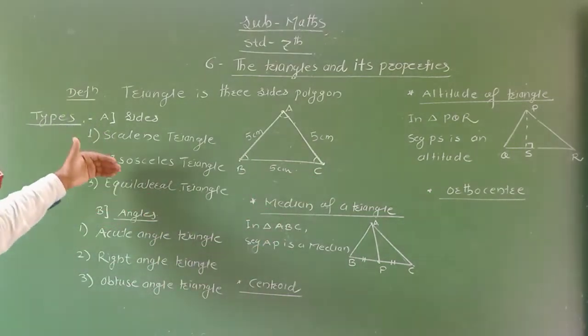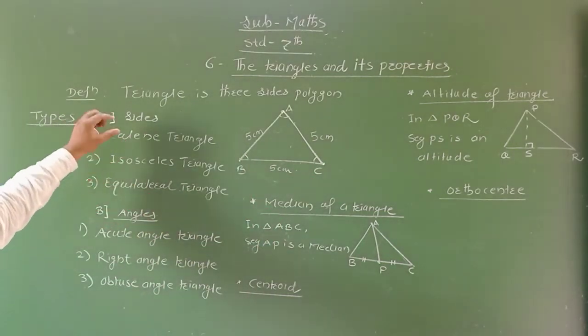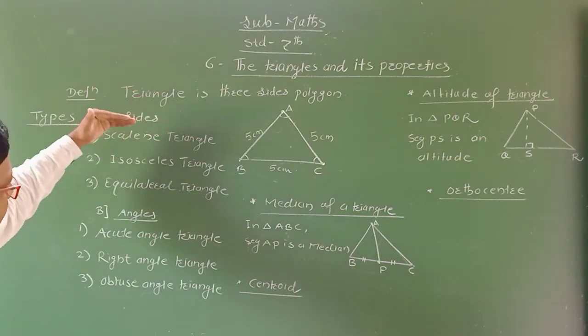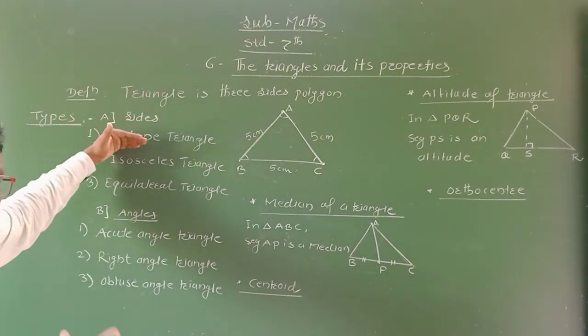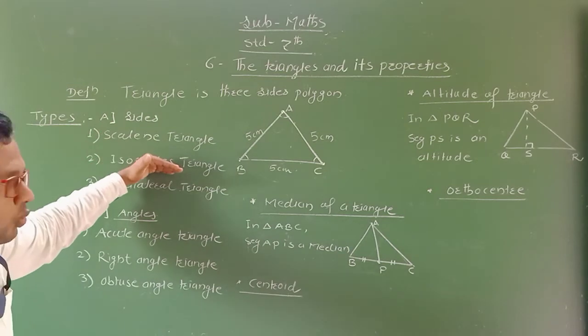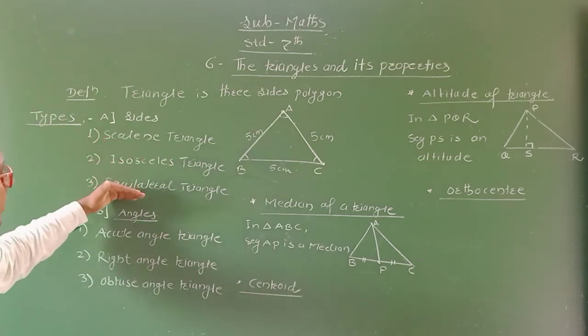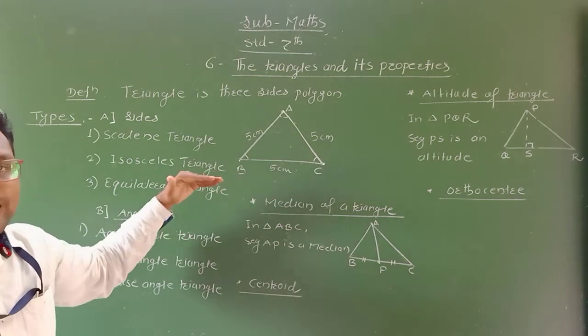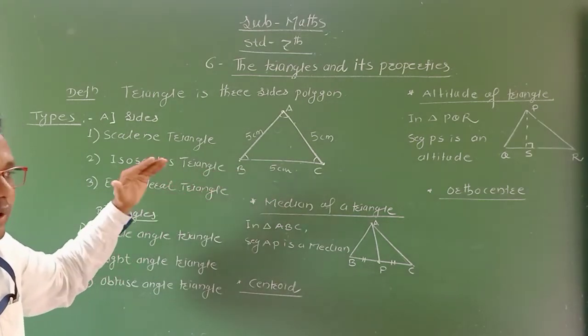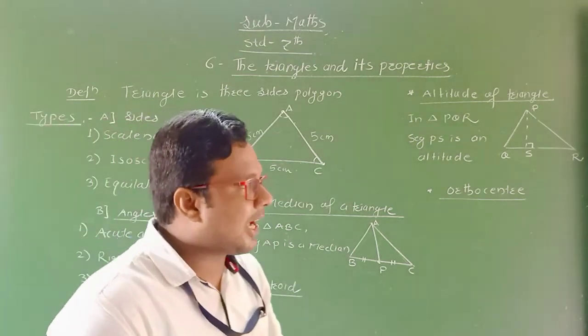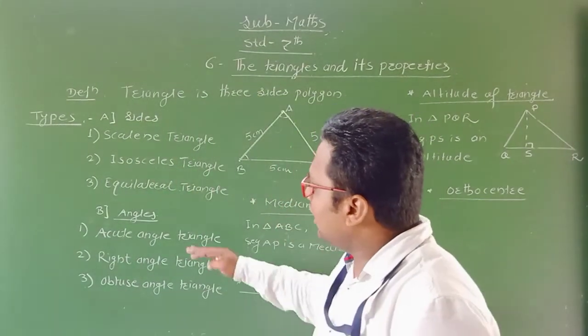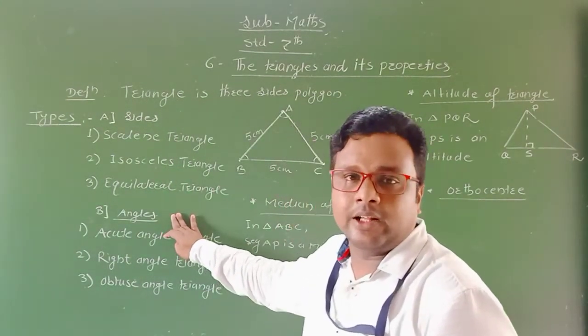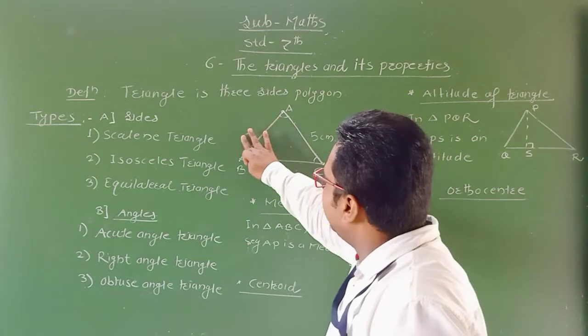Okay, these are the three types of triangles according to their sides. First is scalene, all the sides of different length. Isosceles, two sides are equal. And equilateral triangle, all the sides of equal length, called an equilateral triangle. Okay student, now see the next types of the triangle according to angles of the triangle. Okay, first type is given